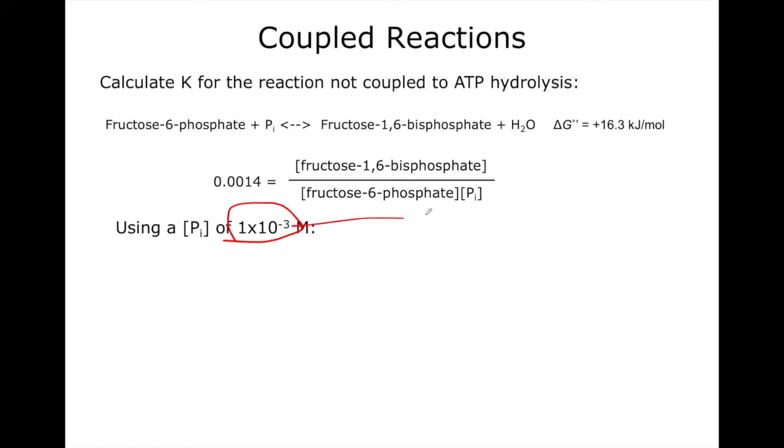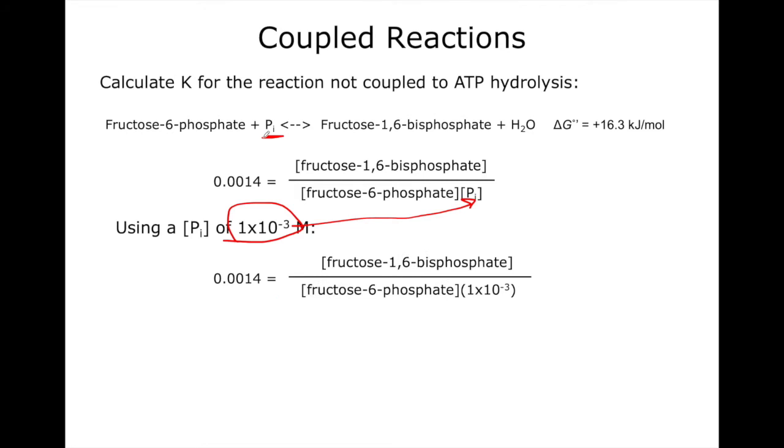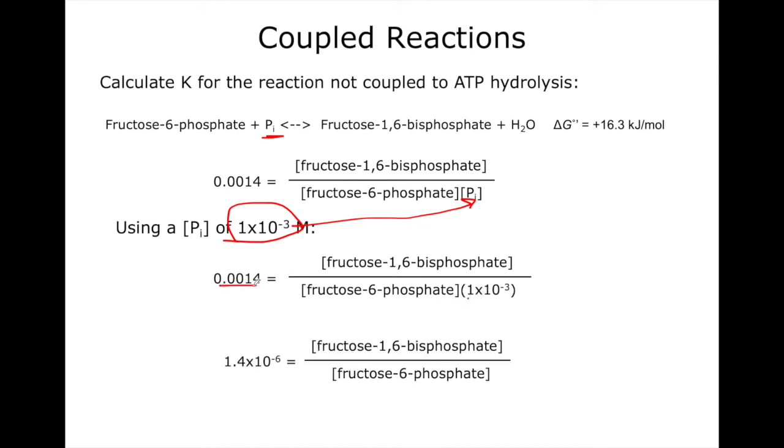So let's say that the concentration of our free phosphate here is about 1 × 10⁻³. If we plug that in, it's a simple matter to multiply both sides by 1 × 10⁻³, multiply that over here, and we would get 1.4 × 10⁻⁶ is equal to the concentration of fructose 1,6-bisphosphate to fructose 6-phosphate. So when we account for the cellular conditions of phosphate, it shows that our equilibrium lies even further to the left. So we produce almost no fructose 1,6-bisphosphate